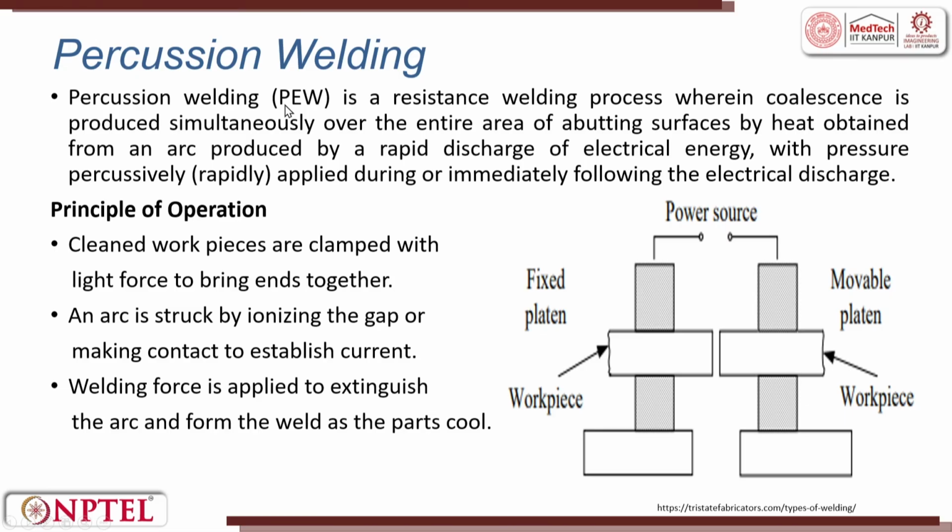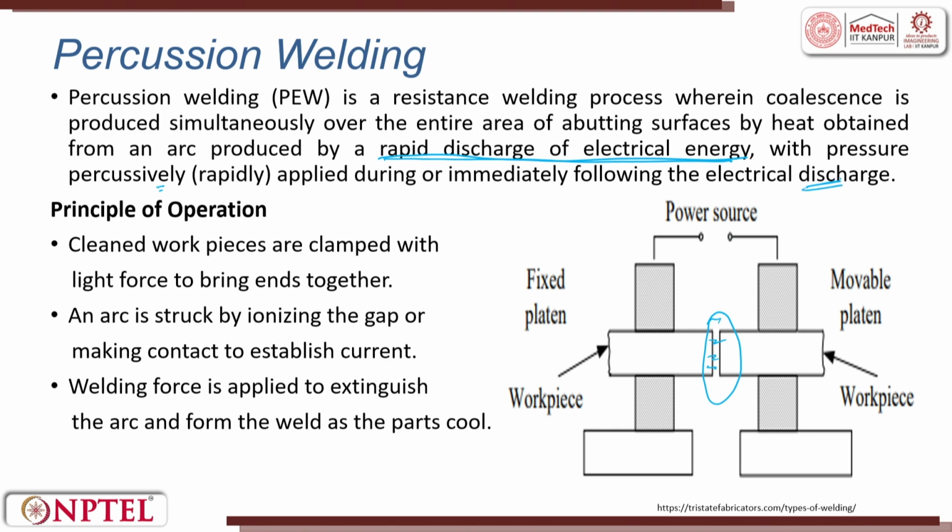Percussion welding, PEW, is a resistance welding process wherein the coalescence is produced simultaneously over the entire area of the abutted surface. So, we are talking about heat obtained from an arc produced by rapid discharge. The important terminology here is rapid discharge of electrical energy, with pressure percussively applied during or immediately following